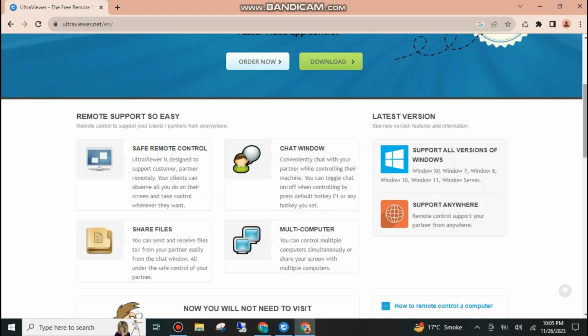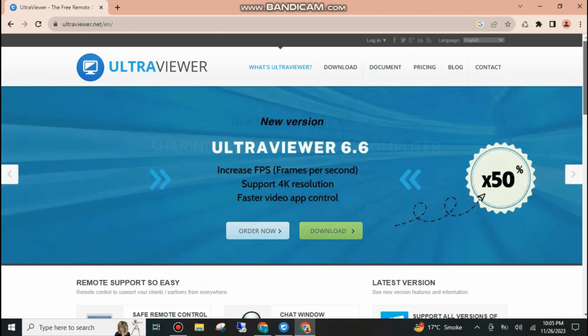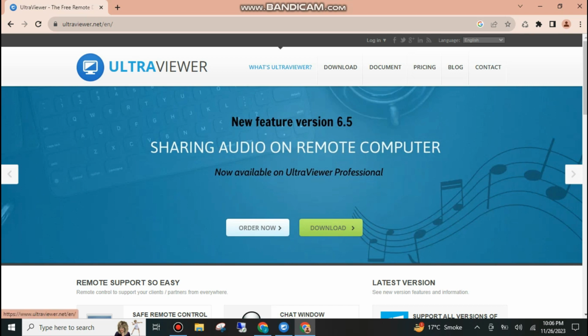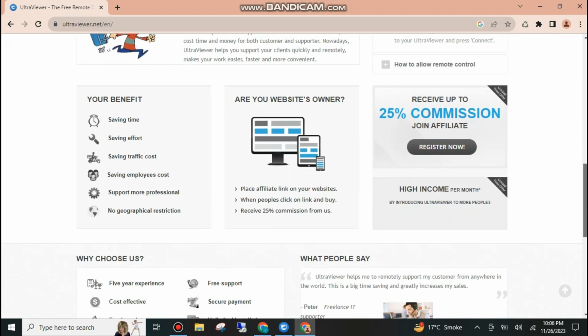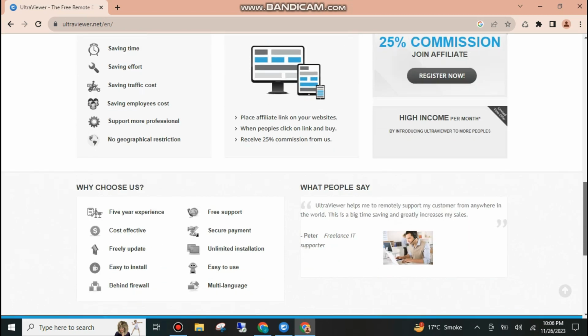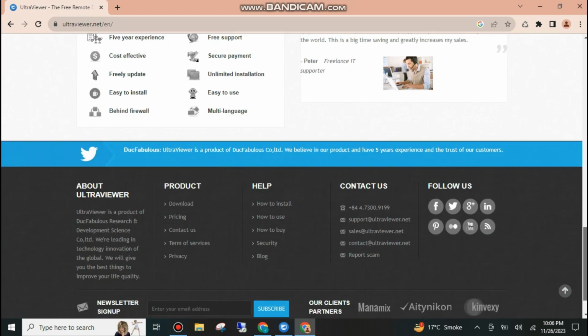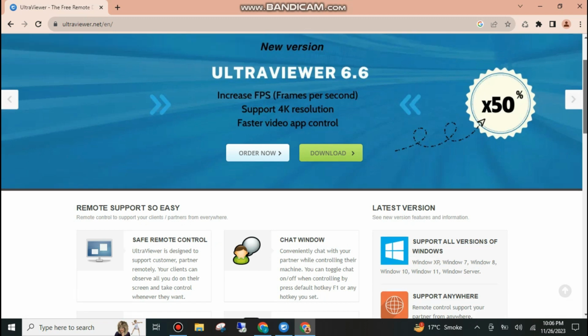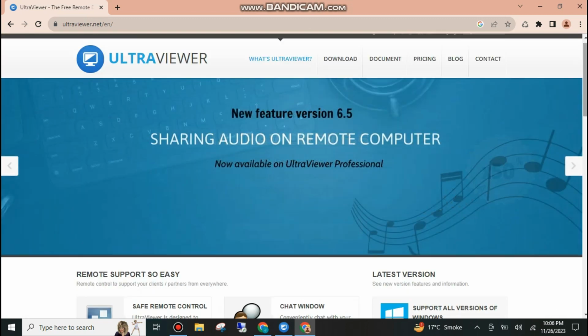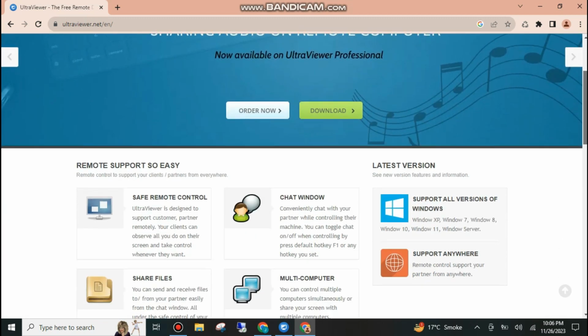Today we will review one of the most used software on our PC, named Ultraviewer. It is one of the best competitors of software known as AnyDesk and also Google Meet. So we will look at some of its basics, what kind of interface it has and how you can use it